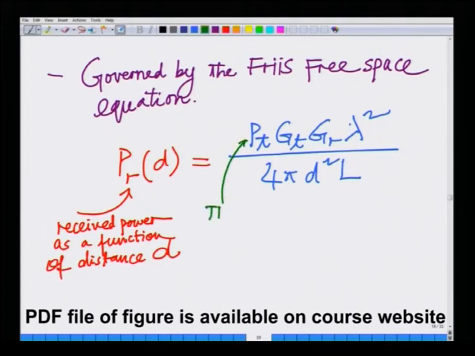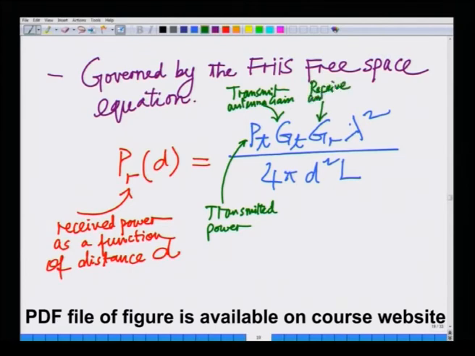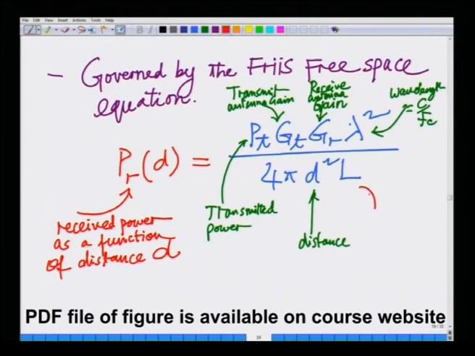Pt is nothing but the transmitted power, Gt is the transmit antenna gain, Gr is the receive antenna gain, and lambda is nothing but the wavelength, which is equal to C over Fc, where Fc is the carrier frequency, and d, of course, is the distance, and this L, with L greater than or equal to 1, is nothing but the